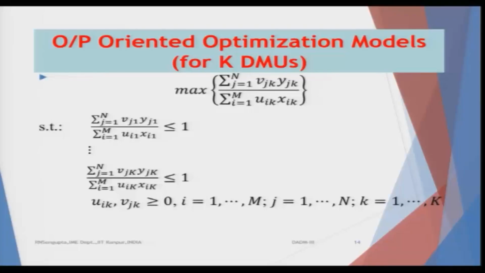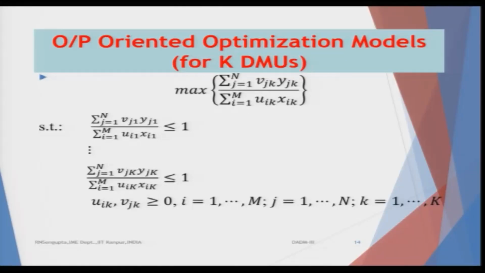Now, if you remember, we have taken x and v as the corresponding decision variables and the weights for the inputs or input bundles, and the suffixes are i and k, where i is from 1 to m, and small k is equal to 1 to capital K, while the corresponding decision variables and the weights for the output bundles are y and u. Again their suffixes are j and k, j changes from 1 to capital N, which is the number of outputs, while m, I am again repeating, is the number of inputs, while k changes from 1 to capital K, where k is the number of DMUs.